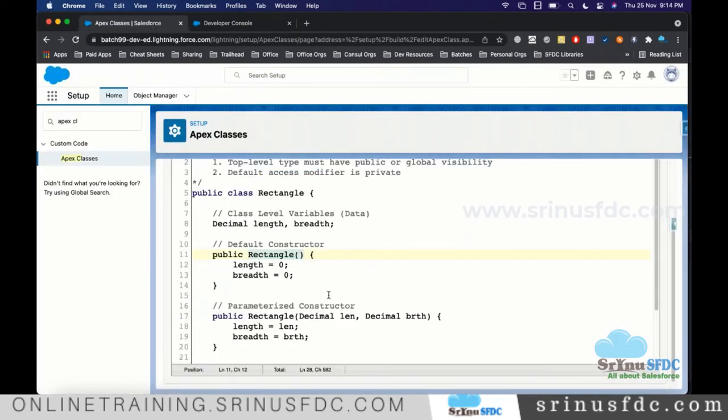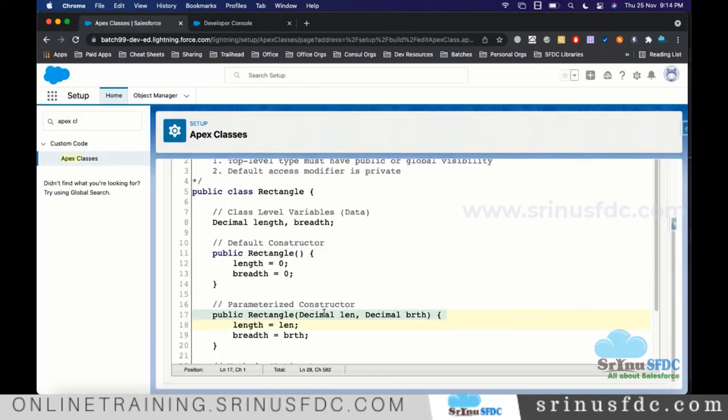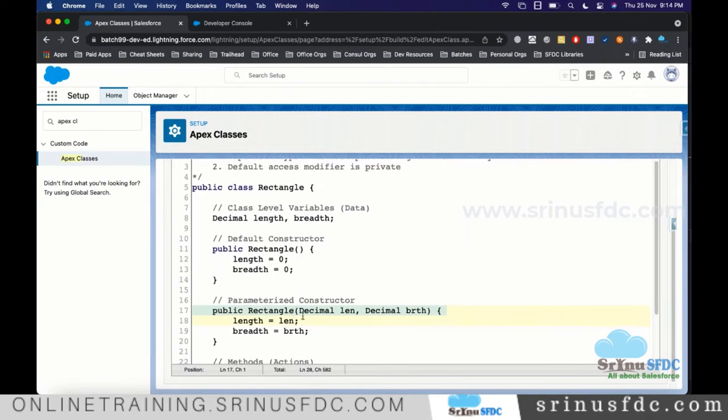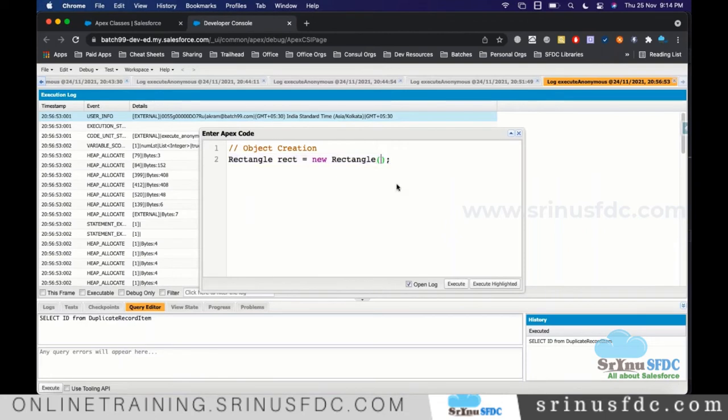Let's say I want to call this other constructor. It is expecting two inputs, so two numbers we need to supply. Let's say here I'm supplying 10, and for the other decimal I can say 50.5.